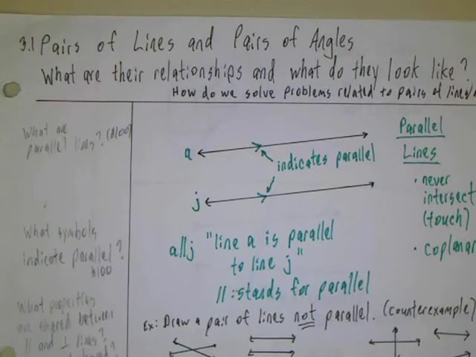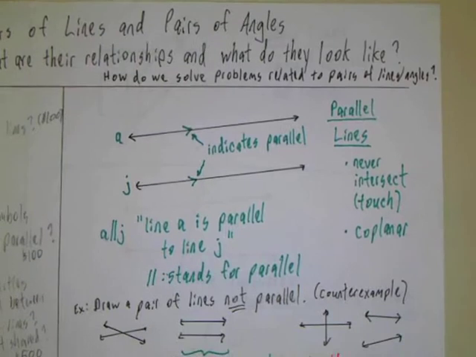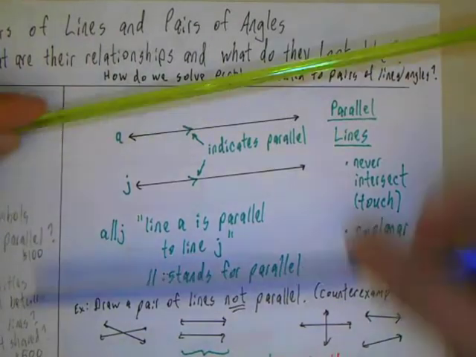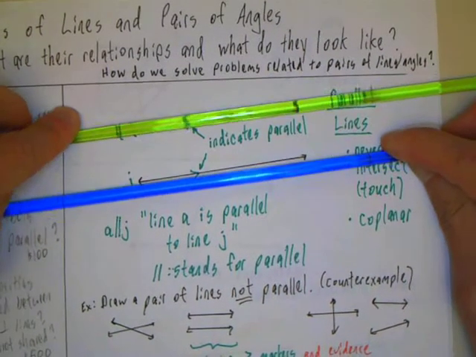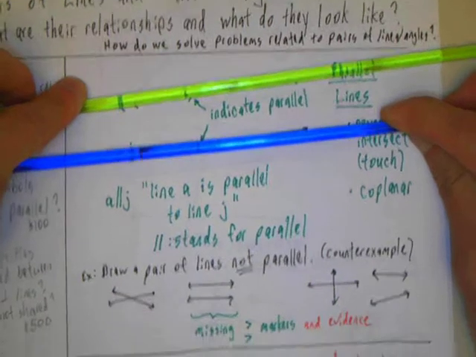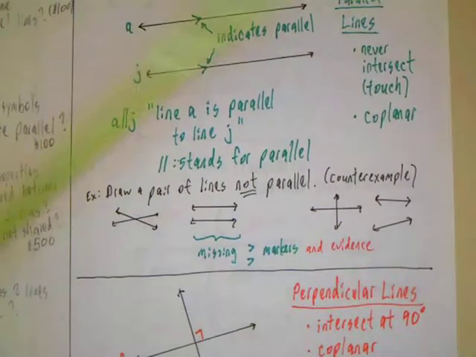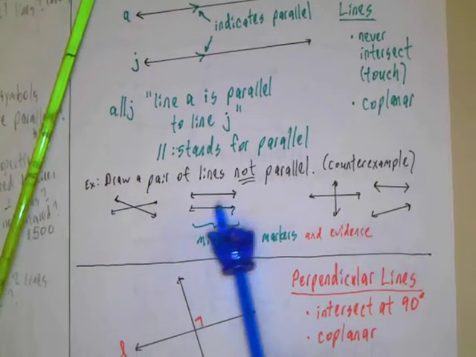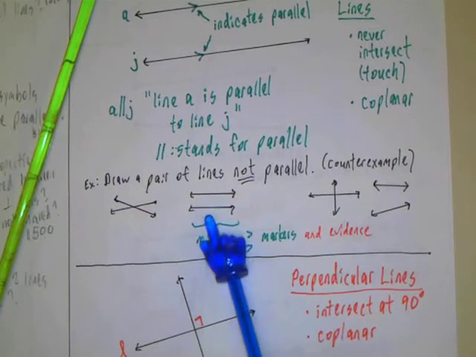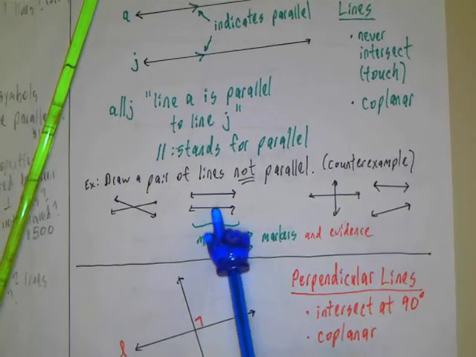Lesson 3.1 was titled Pairs of Lines and Pairs of Angles. What are their relationships? What do they look like? We started with parallel lines, which we said were two lines that never intersect and they're coplanar. We said be careful. Sometimes in geometry, even though something looks like it's so, you cannot conclude it is so